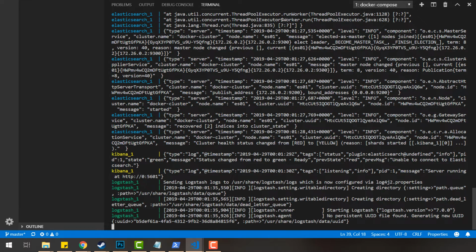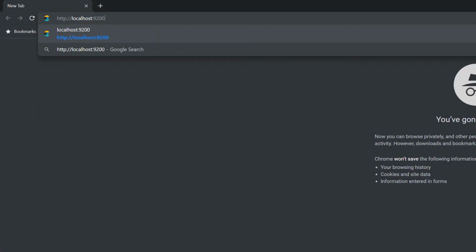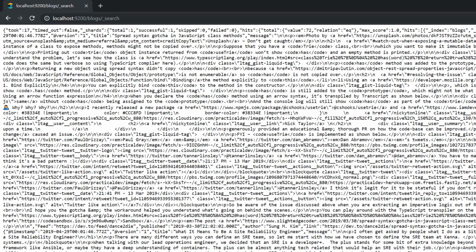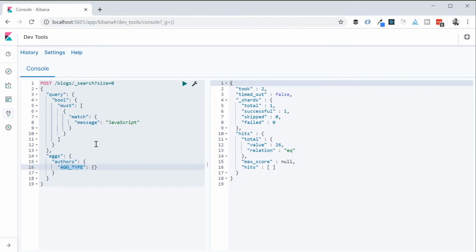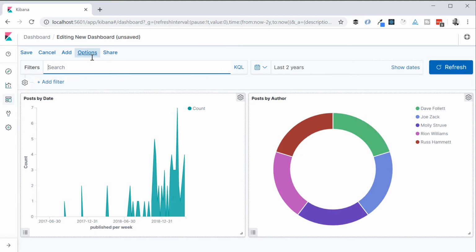Again, give Elasticsearch a minute here to breathe after Docker Compose is up and running, and then try hitting this URL in the browser to see that you have data. All right, step 3 is just to have fun. Everything's set up so you're off and running. You can log into Kibana and click around, generate some dashboards, experiment with the queries. I'll have links to the search API down below,